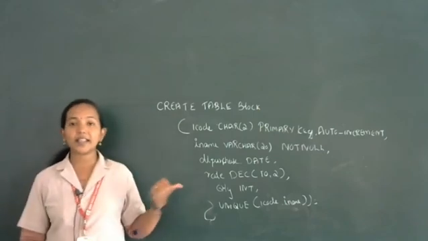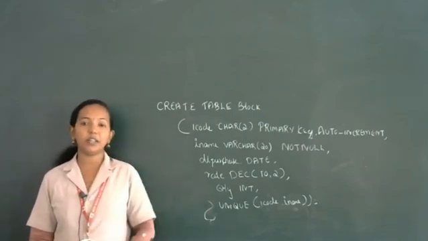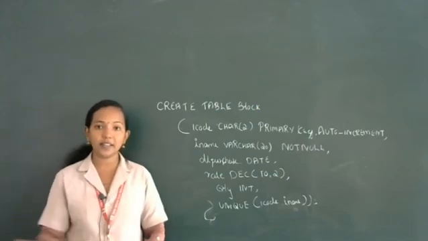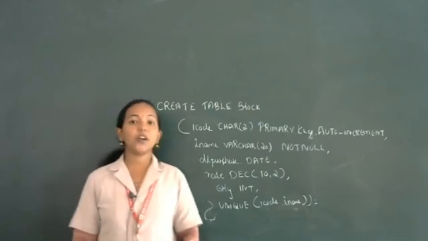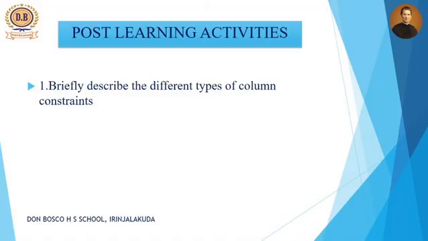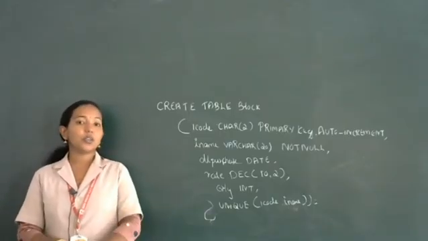These 2 examples you should write in your notebook. The same example is also available in your textbook. If you have any doubt in this, you can refer to your textbook for writing this note. Then you should write one question in your homework, that means the constraint, different types of column constraints. Example and definition also you should write. Okay, so hope you understood.